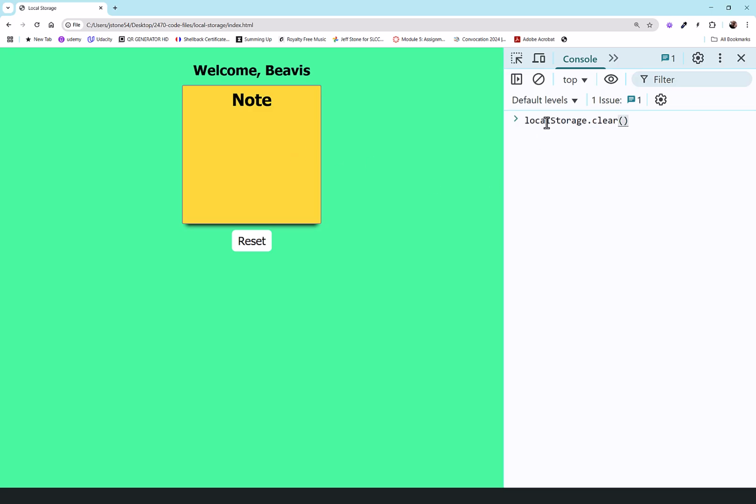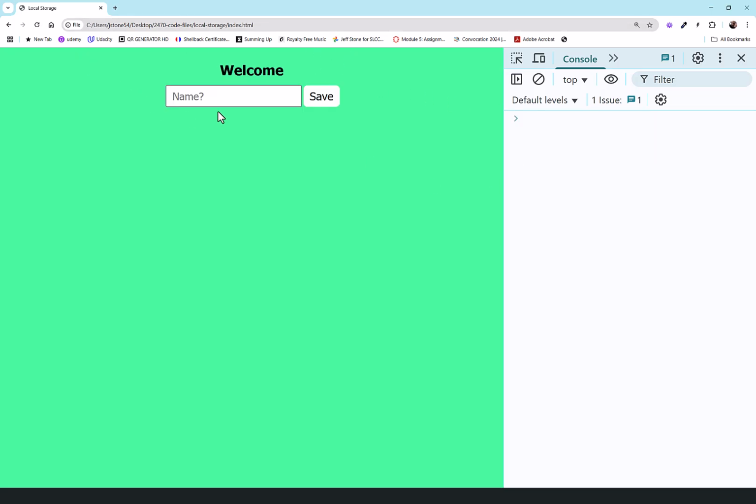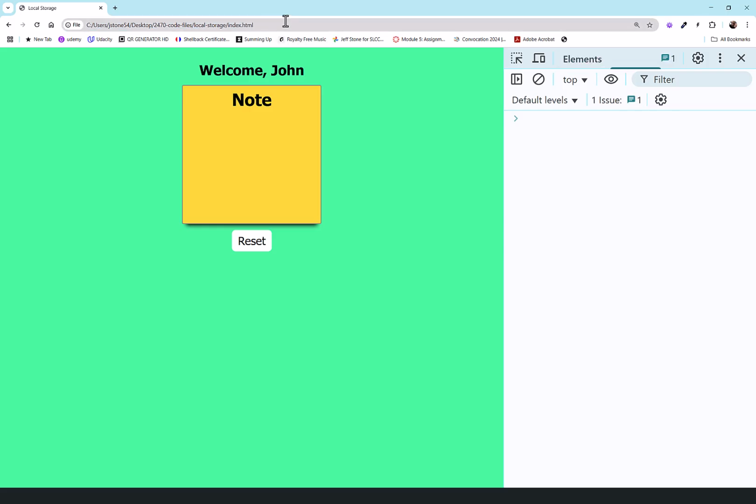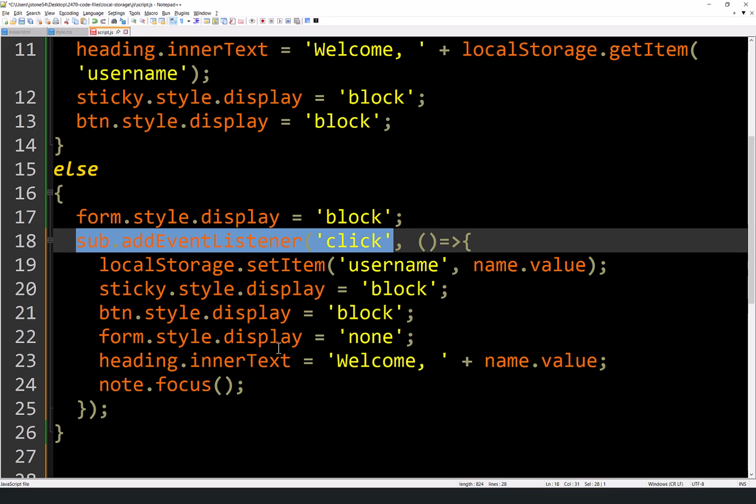So let's clear the local storage again, refresh, and this will still work. The name is John, and there it is. Welcome, John. It created the note there. But if I come to this page fresh, we didn't create a click handler, which saves a little bit of time and resource, right? So there's no need to put this outside of the else statement. So that's it. We just have an if and an else right here, right?